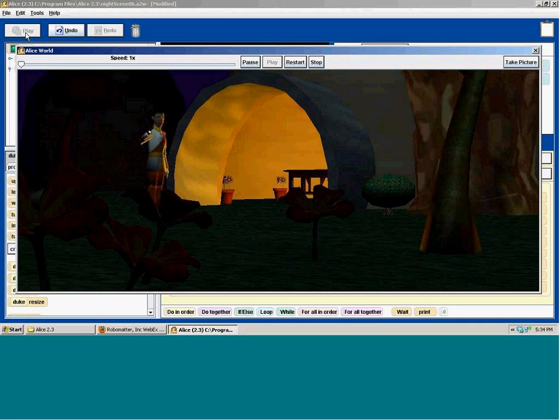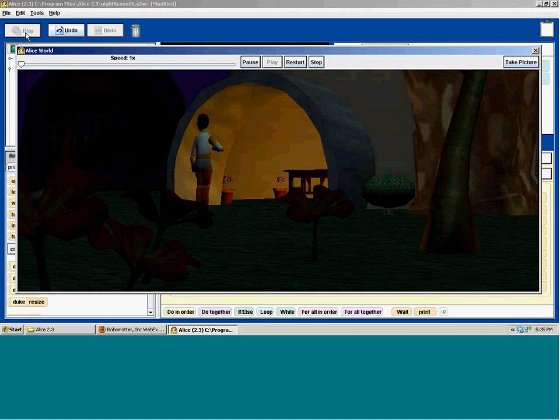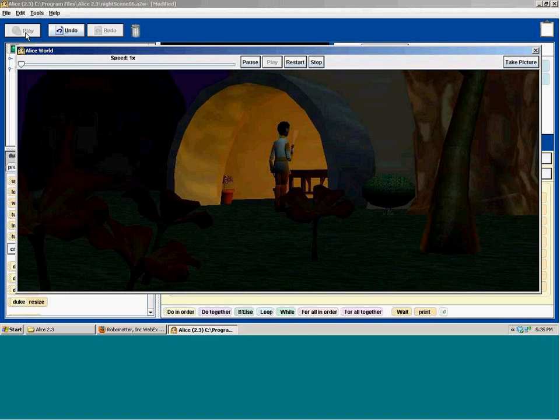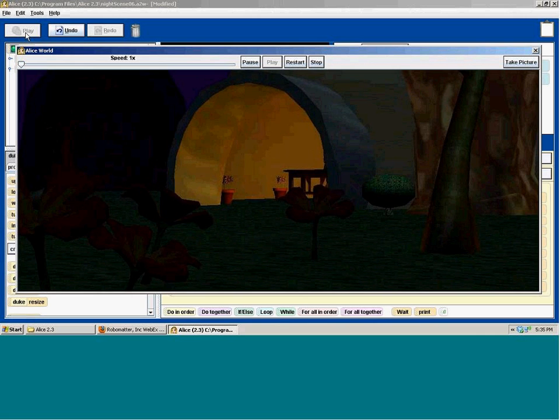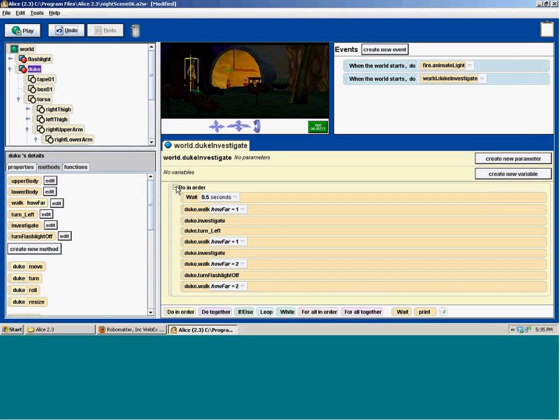Looks to the right, looks to the left, turns, moves forward, does the investigation again. Click. And that's the animation. That's how you can use methods and how you can nest methods inside of each other to create advanced